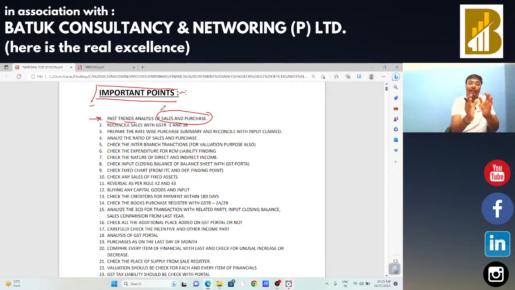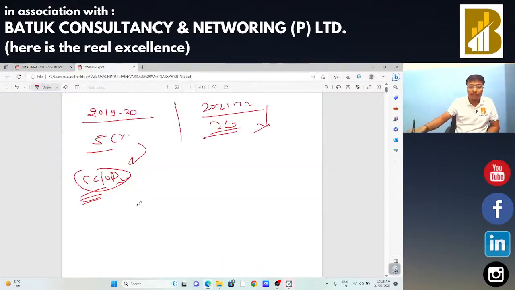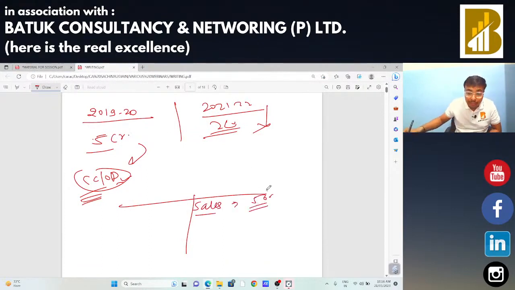Next point, sir, you had done the analysis of trends of the sales and purchase. Now it is your responsibility to reconcile the book sales in the financial statement with the GSTR 3B sales. Suppose in that particular financial statement, you got the sales of 5 CR rupees. In that case, you need to reconcile that particular sales with the sales of the GSTR 3B return and GSTR 1 return. Okay, sir. So if there is no difference, in that case there is no issue, you can go ahead. But if there is any issue with that,